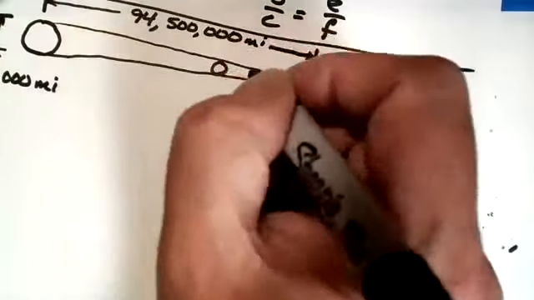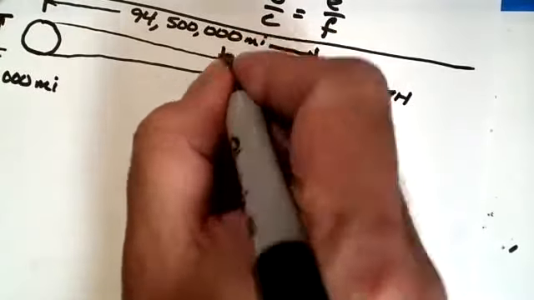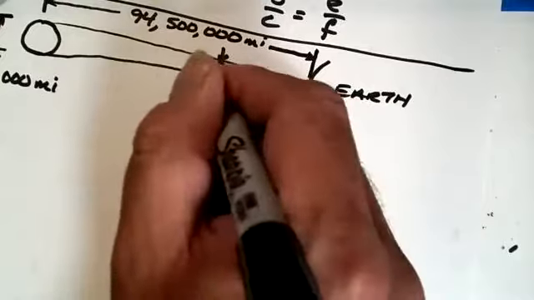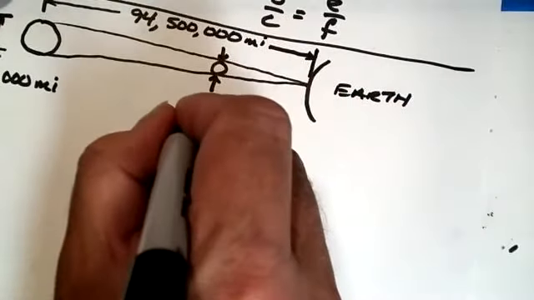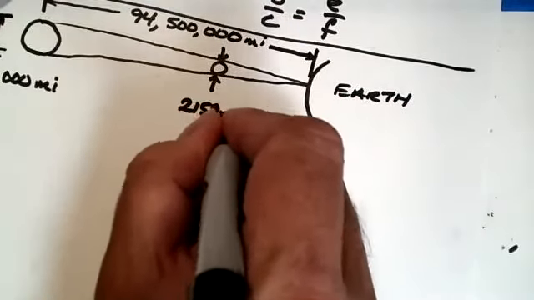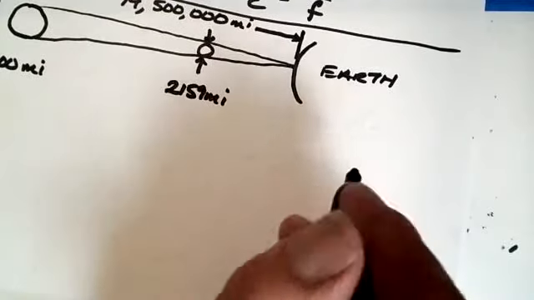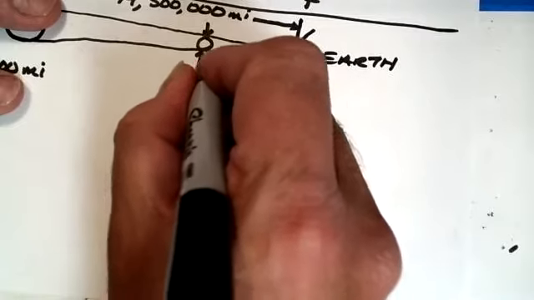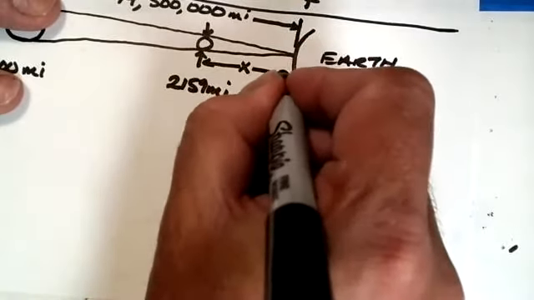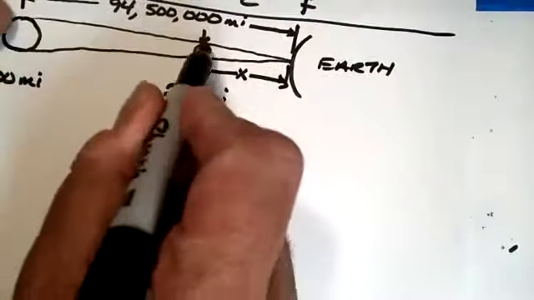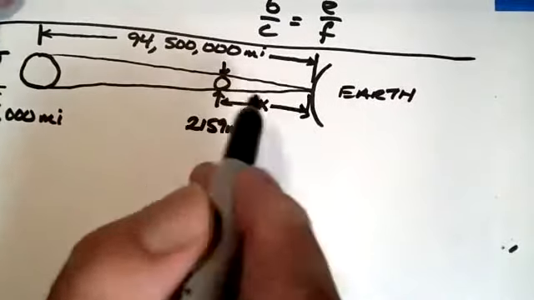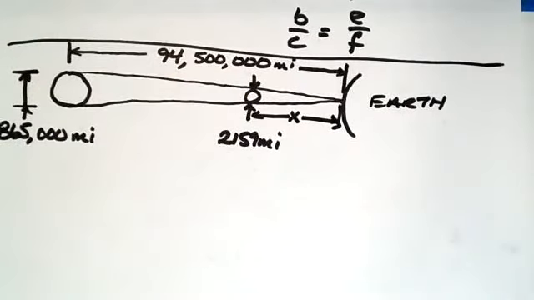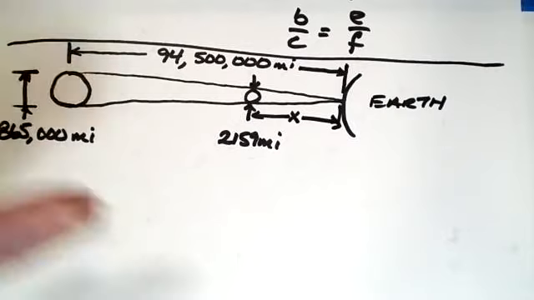And let's do this. We'll have the diameter of the moon, which is 2159 miles. And we have this distance that we don't know, which is the maximum distance the moon can be from the Earth in order for there to be a solar eclipse. Now, what's interesting about the Earth, Moon, Sun system is that the moon is